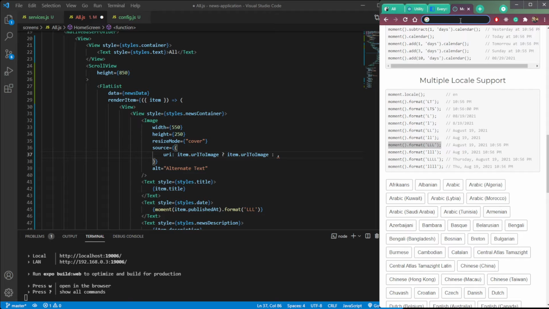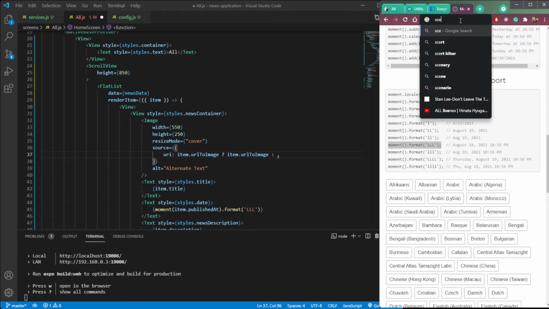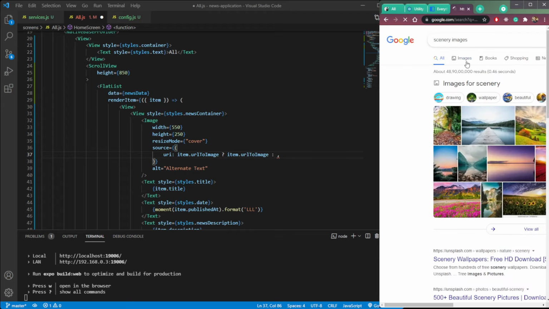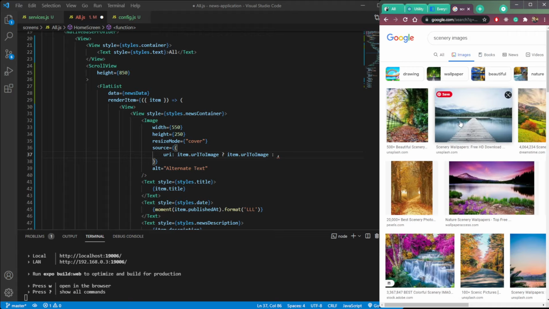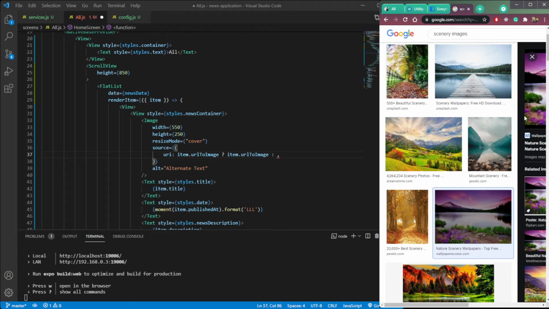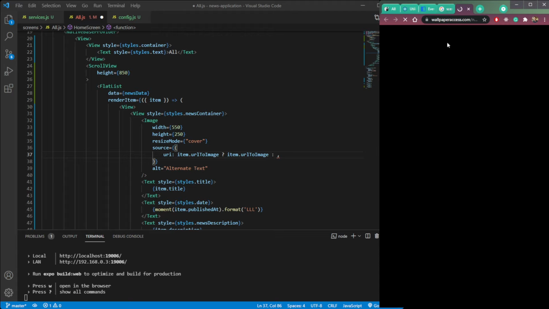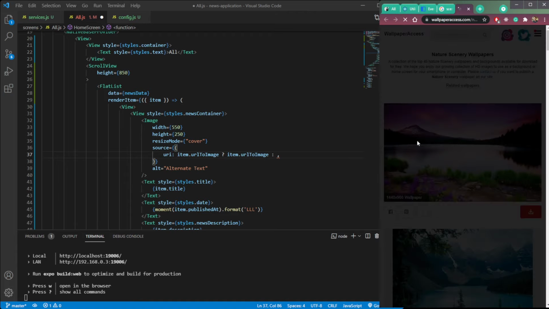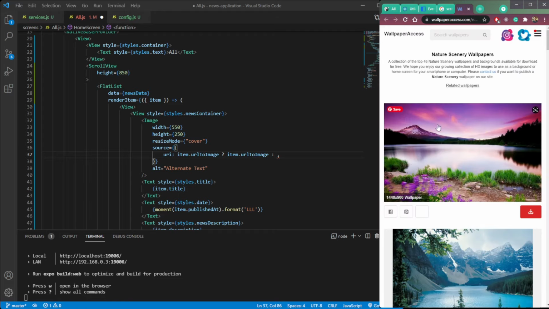or let's check for some CDN images. So CDN images, click image here. Now let's choose this nature wallpaper. Click here, right click this image, or I don't think it is working, so close it.